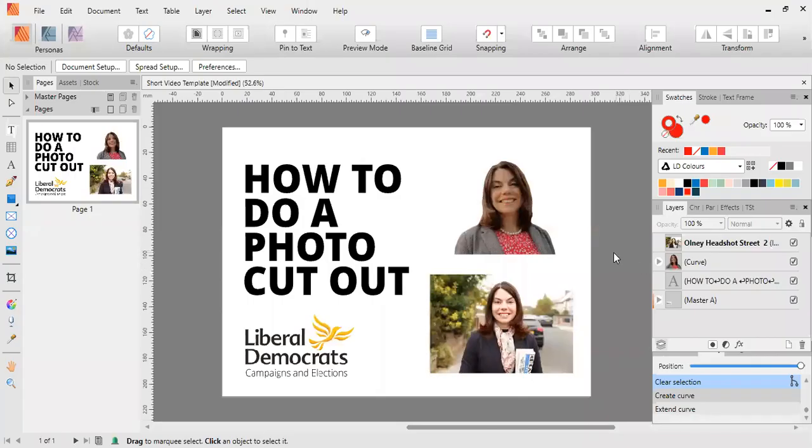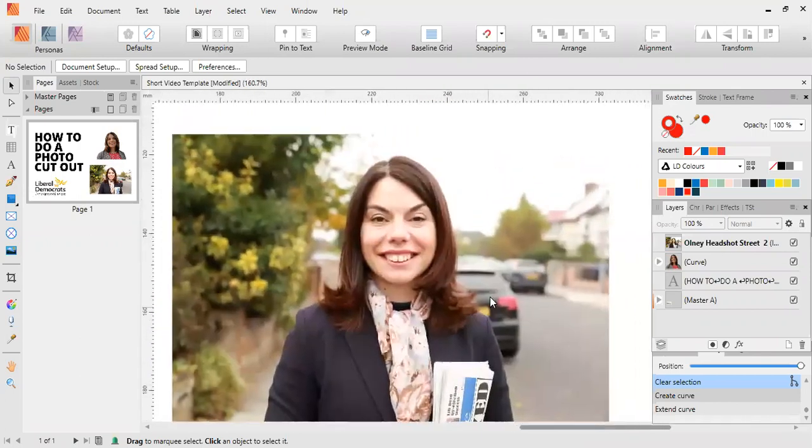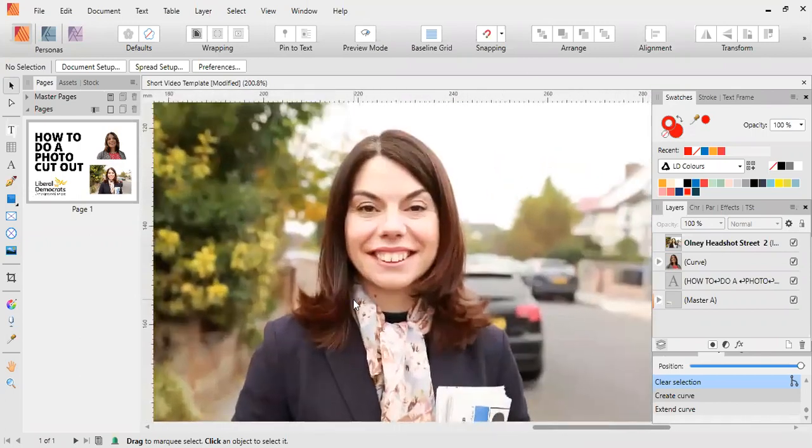Something we often want to do with photos in our leaflet is to cut them out so that the candidate appears as a cutout head and shoulders, like this example here. You can do this in Affinity Publisher using the pen tool, first of all, on the left-hand side here. So if I just zoom in on this photo here, and we want to do a head and shoulders cutout